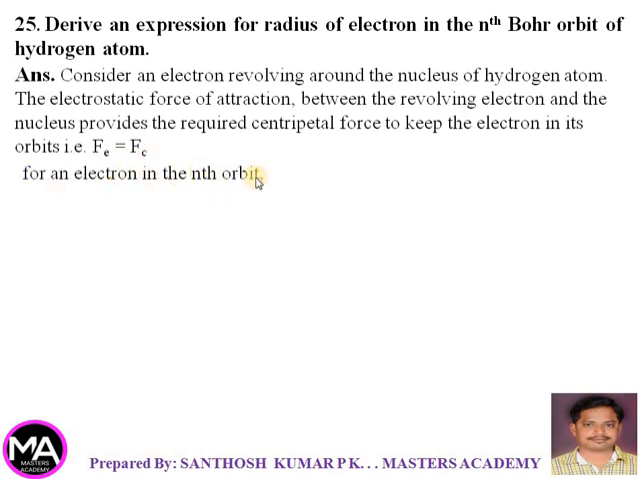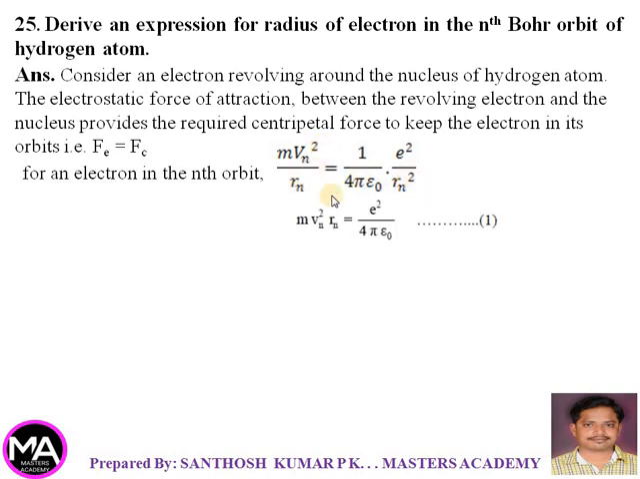For an electron in the nth orbit, the electrostatic force is given by 1 by 4 pi epsilon naught into e square by Rn square, and centripetal force is m Vn square by Rn. So Rn and Rn cancels. Rn, when it comes to numerator, it becomes m Vn square into Rn, and it is equal to e square by 4 pi epsilon naught. This is equation 1. Now, from Bohr's second postulate, we know